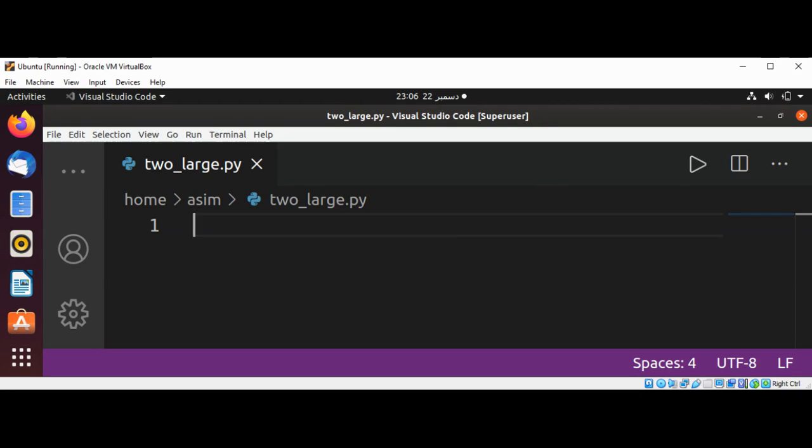In this video, we will learn how to find the two largest values in an arbitrary list in Python. So first we are going to define our function and we will name it find_two_largest, and it will take a list, my_list,